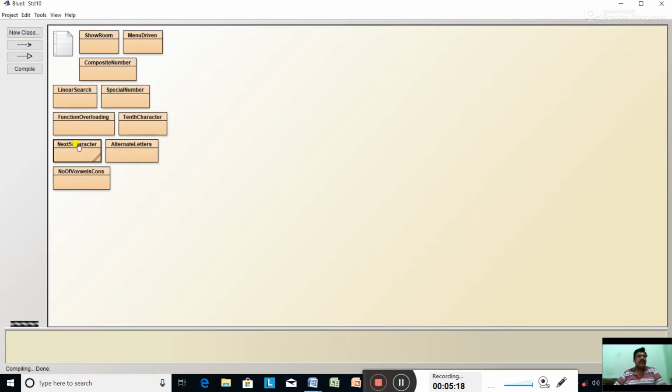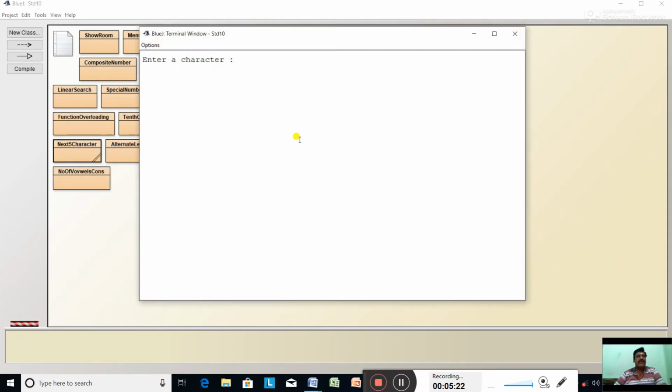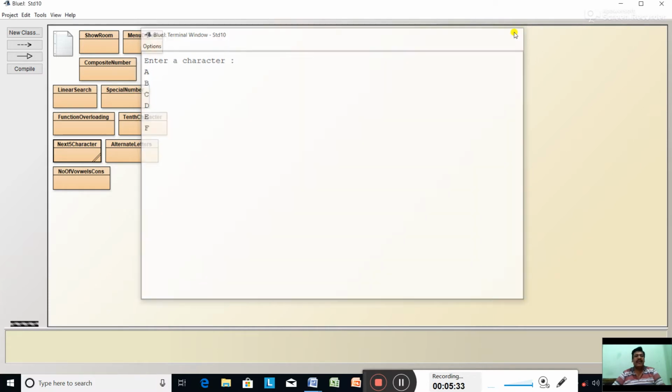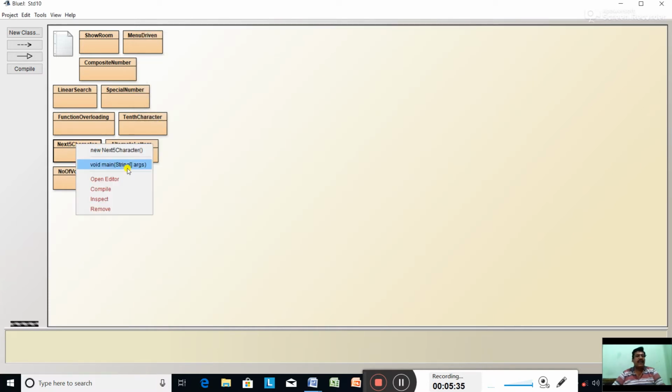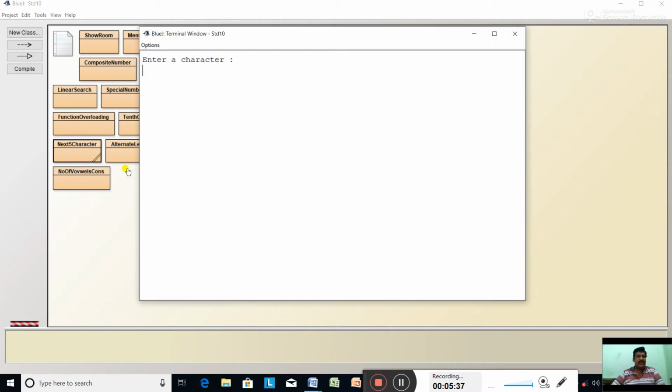Now input a letter, suppose capital A. So it is printing B, C, D, E, F, the next 5 characters. Now input some other letter, suppose a small b. It is printing C, D, E, F, G.